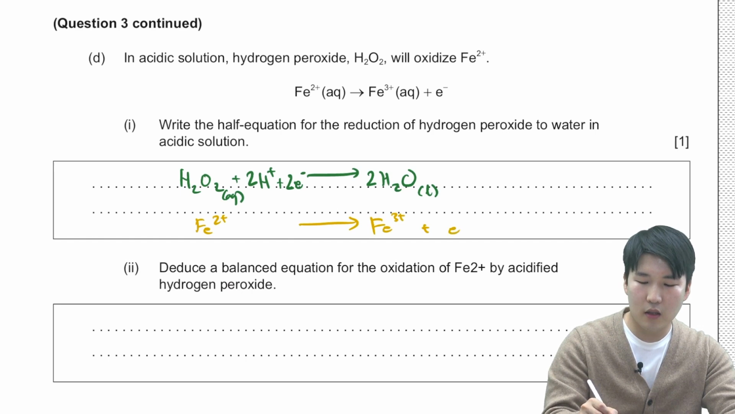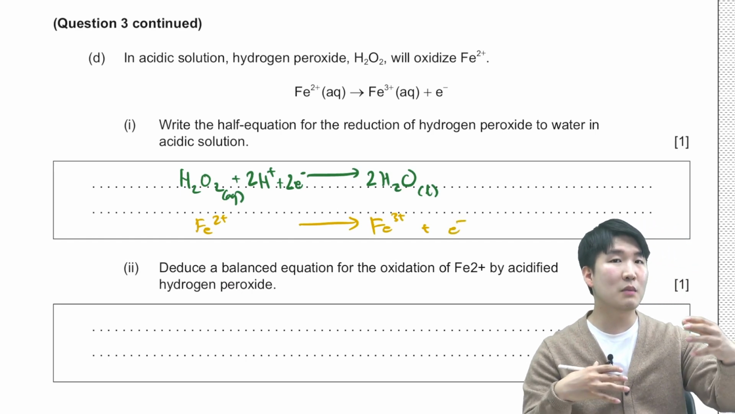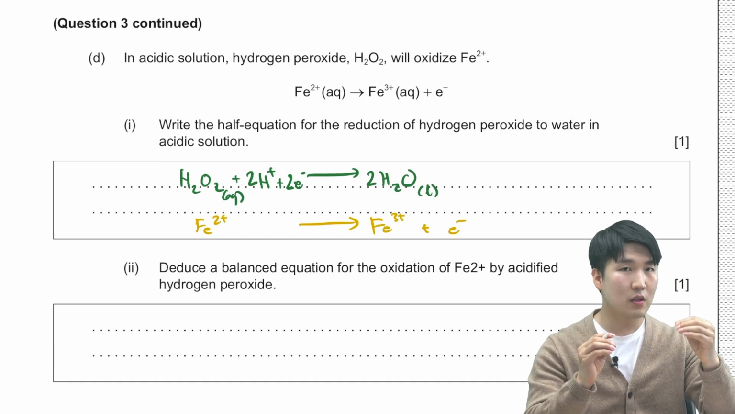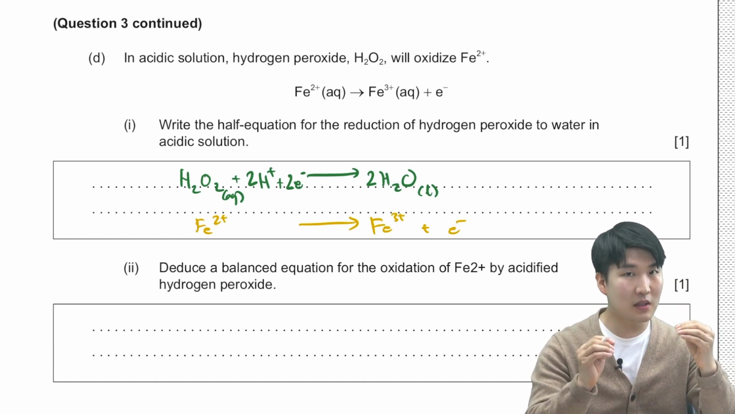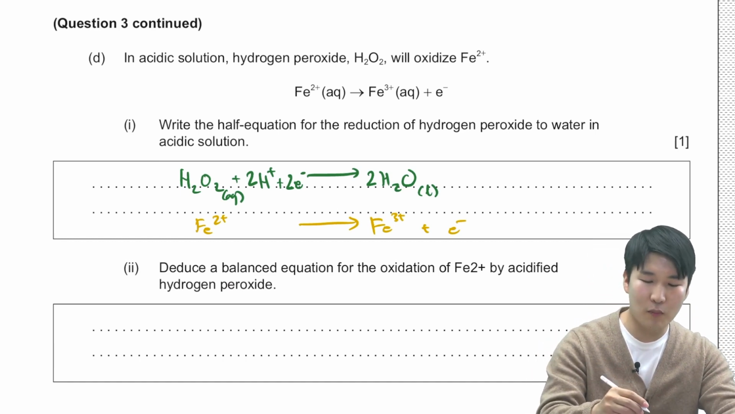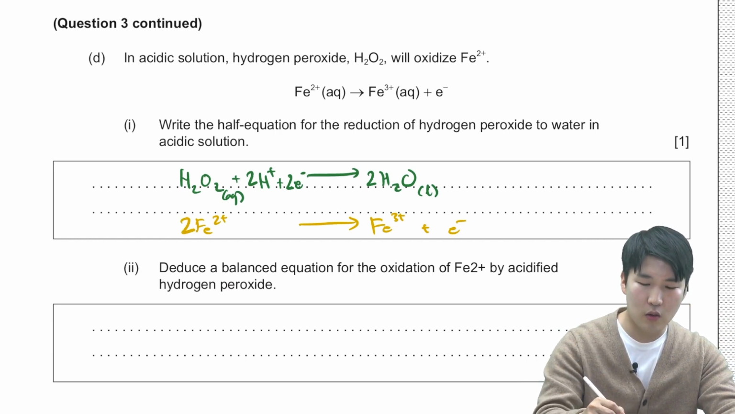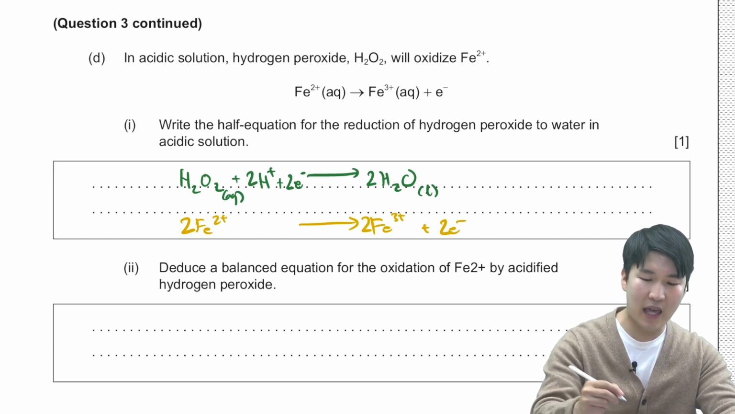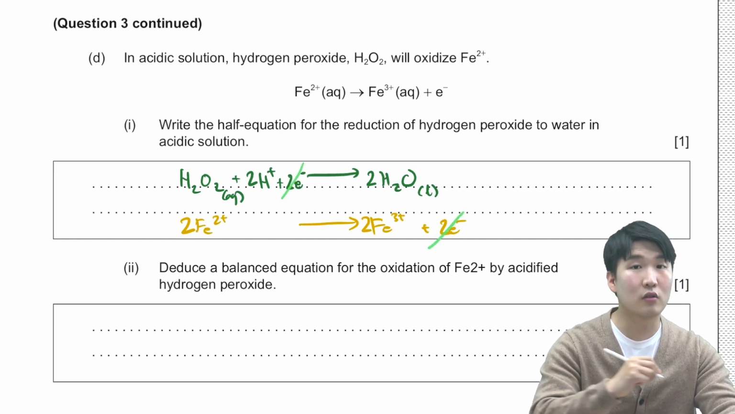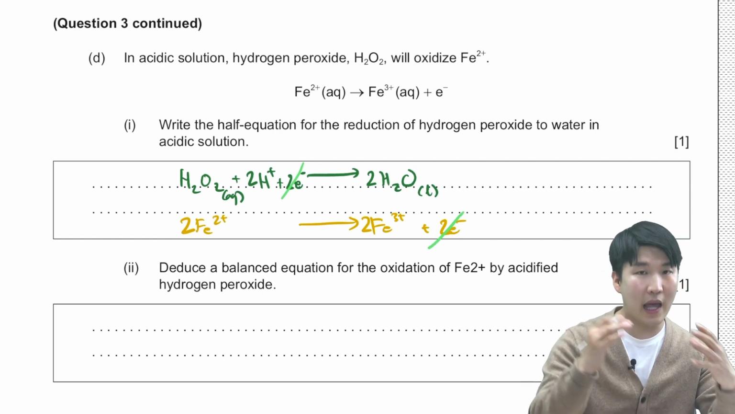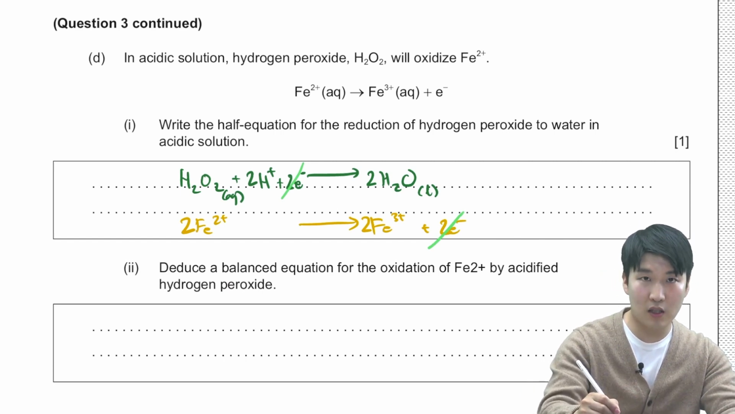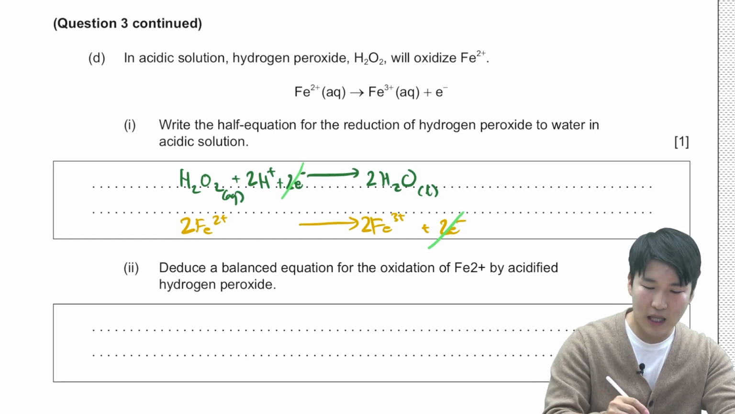From here, I'm going to make sure that when we simultaneously add the two half equations, the electron species are cancelled out. Therefore, I'm going to double the oxidation half equation, multiplying it all by 2, so that we will have cancellation of the 2 electrons, so that when we have the product of the 2 half equations simultaneously added, we will end up with